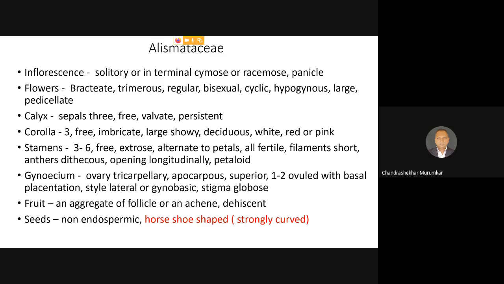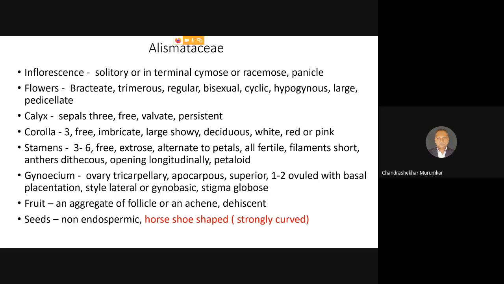As far as the stamens are concerned, there are 3 to 6 stamens present, but sometimes the number of stamens may be more. It may be up to 36. The stamens are free, they are opening outside, they are extrorse, and generally they are alternate to the petal lobes. All the stamens are fertile, there are no staminodes at all. The filaments are very short, but the anthers are long. That's a very interesting character, and this character resembles the lamellar stamen structure which is present in Ranunculaceae as well as in the family Nymphaeaceae. Because of that, this family is very important.